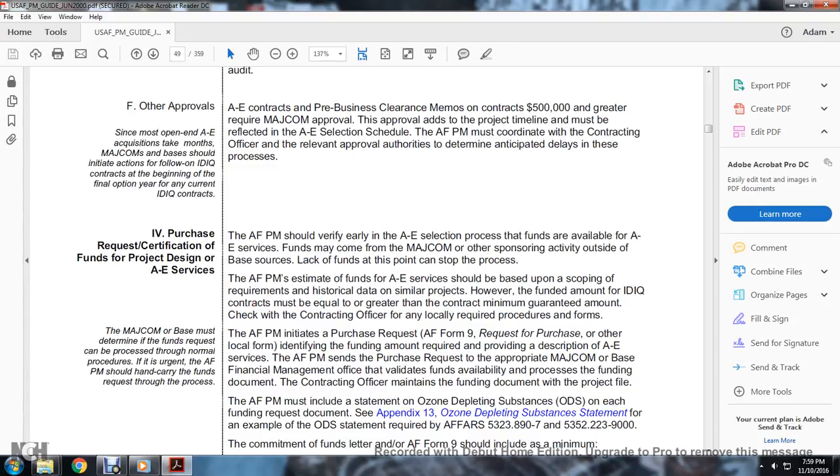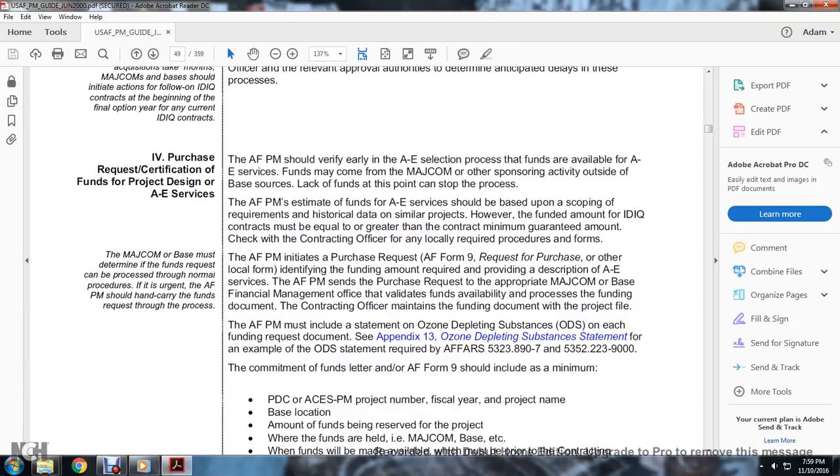AFRs 5323-8907, 535223-223. The commitment of the funds letter and the AF Form 9 should include, at a minimum, the